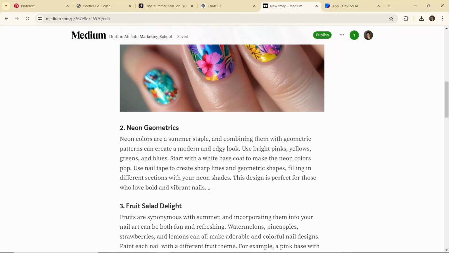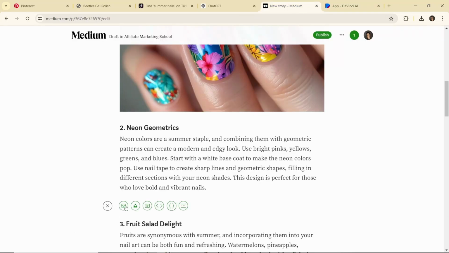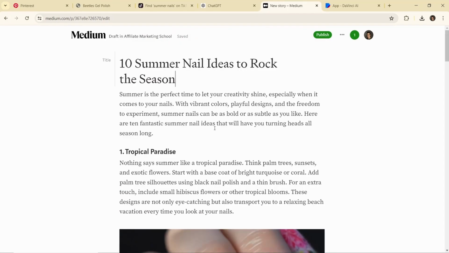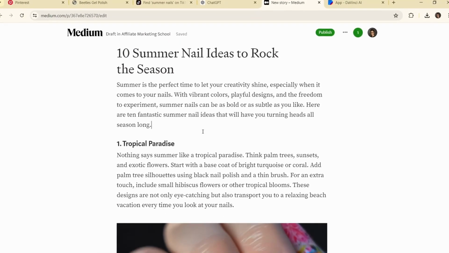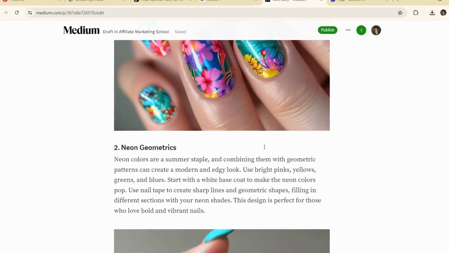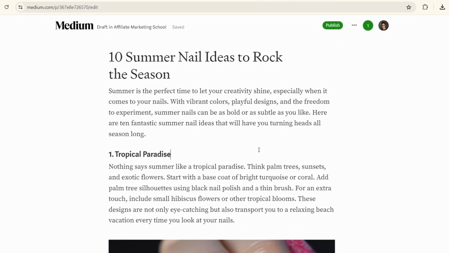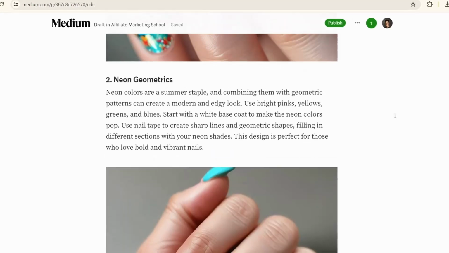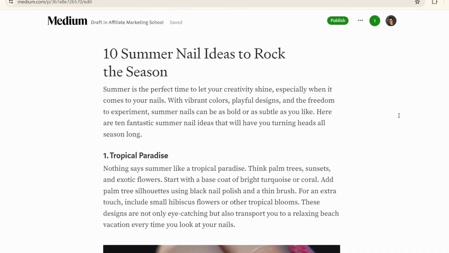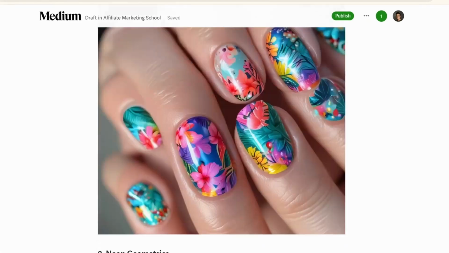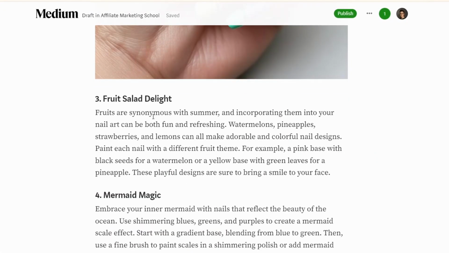Go back to your article, add a gap, and upload your images just like this. Now once you've got your article ready, and basically finished up with your images, now we need to integrate your affiliate links naturally within the article. For example, if you are promoting summer nails ideas and there are topics like tropical paradise, neon geometrics, fruit salad,